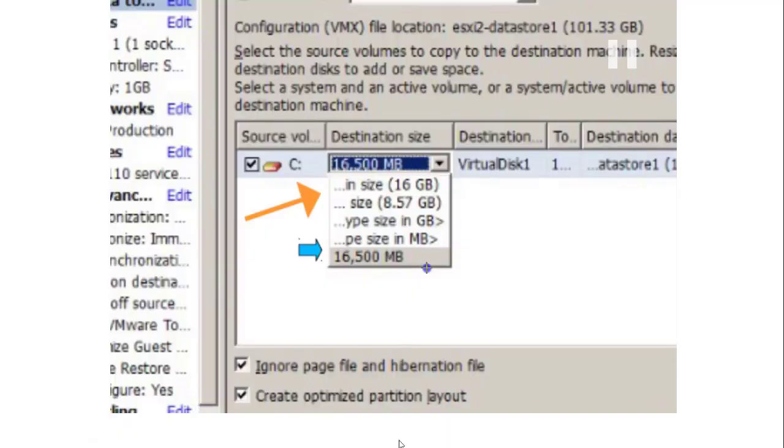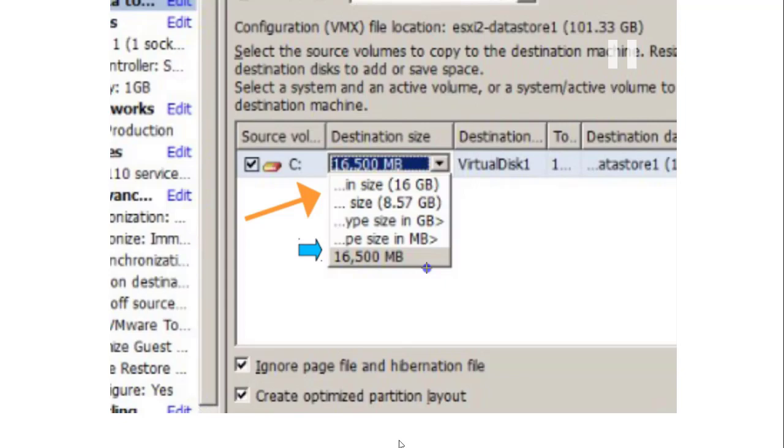As you can see at the bottom, we have an option of 16,500 MB. Basically this is the actual size of my hard drive in MBs. And on the first row I have the size in GBs. The first and last rows are equal, 16 GB.